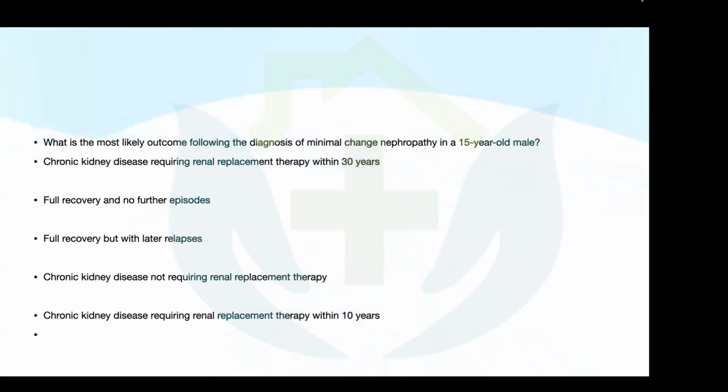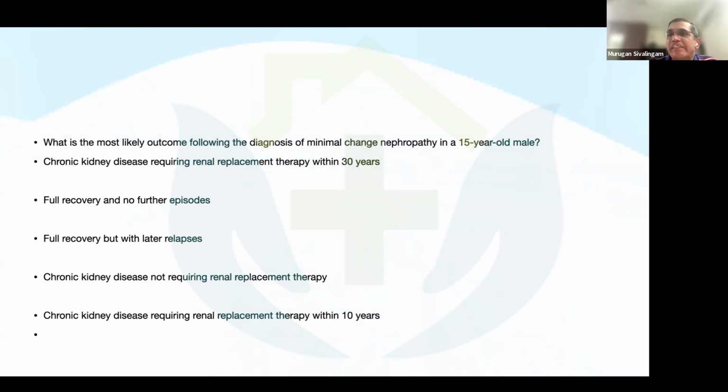Yeah, that's right. So remember that with regards to any glomerulonephritis, the best one to have is minimal change disease, because it generally does not lead to chronic kidney disease or severe renal failure requiring dialysis. There will always be exceptions, but generally it's a remitting and relapsing disease. Particularly when they're younger, they tend to have more frequent relapses. As they get older, the relapses tend to be less common, but it typically presents with repeated relapses of nephrotic syndrome. So you typically treat them with, as we already discussed the other day,